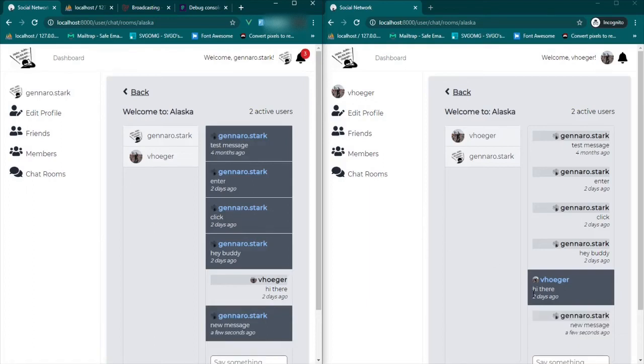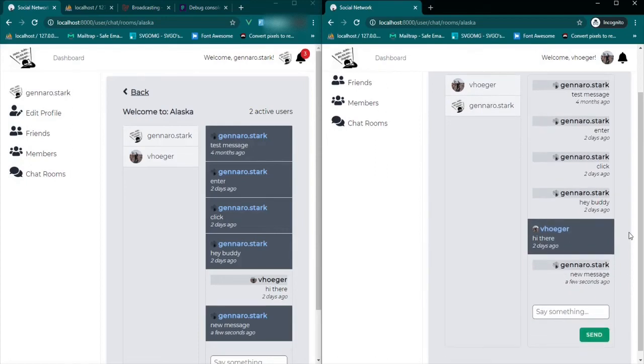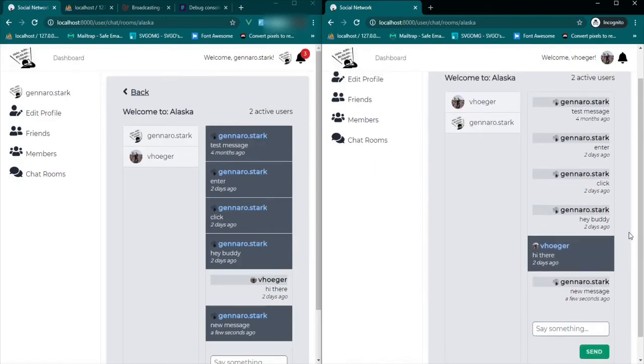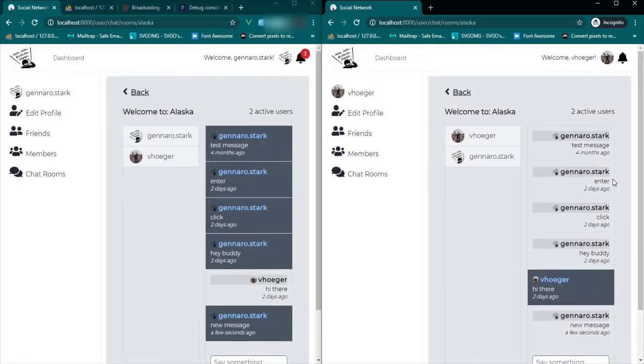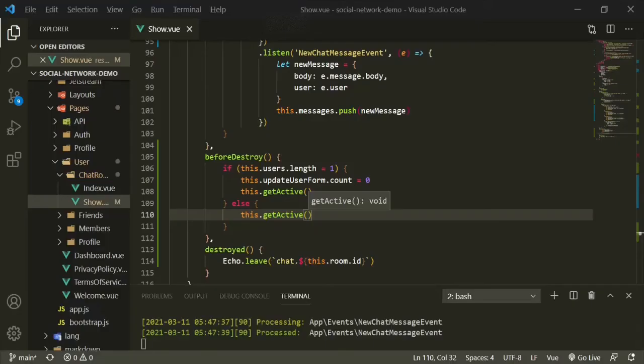Okay, it works as expected. However, it also scrolls down the page, which we don't want to happen. We want the scroll to stay where it is. So what we would do to fix that is we would go back to the